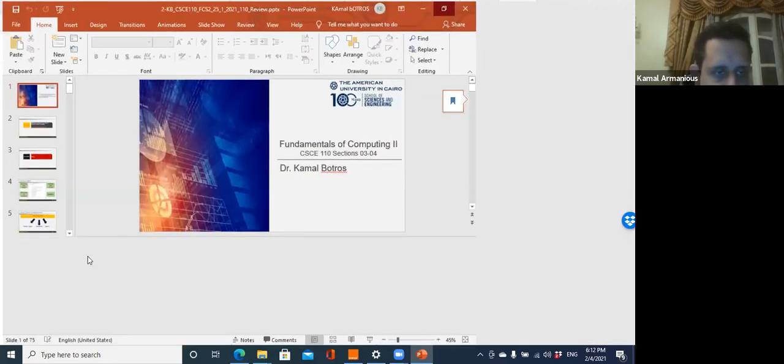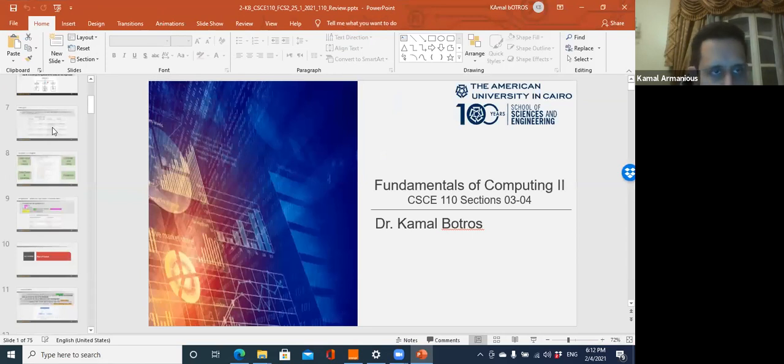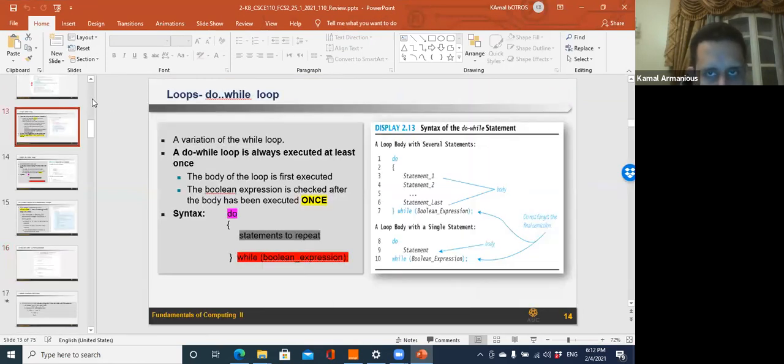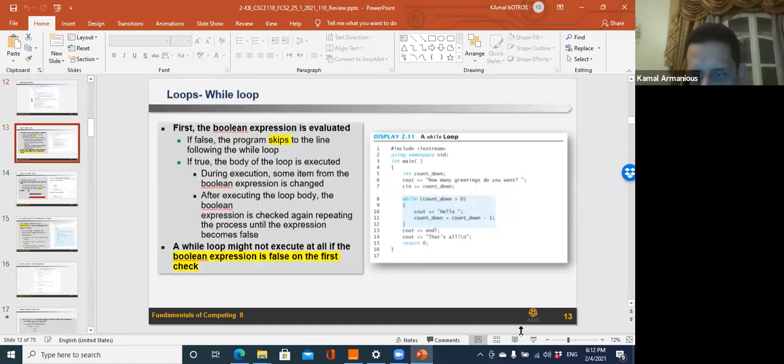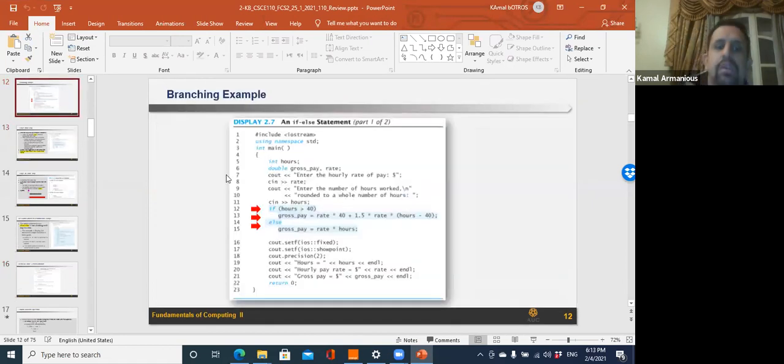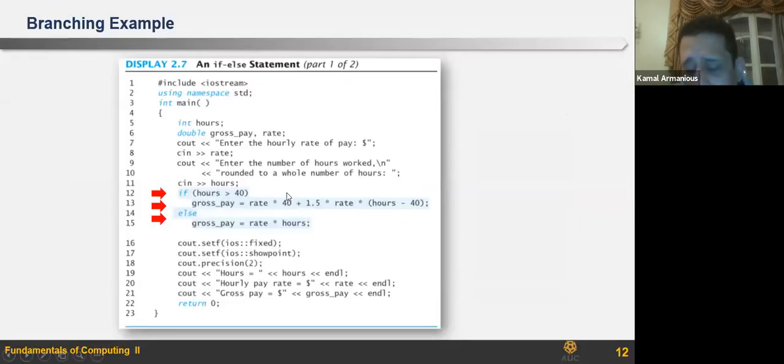So as Ghada rightfully said, when I have the operator AND, I should have two Boolean expressions that are true together to give me the result which is true.